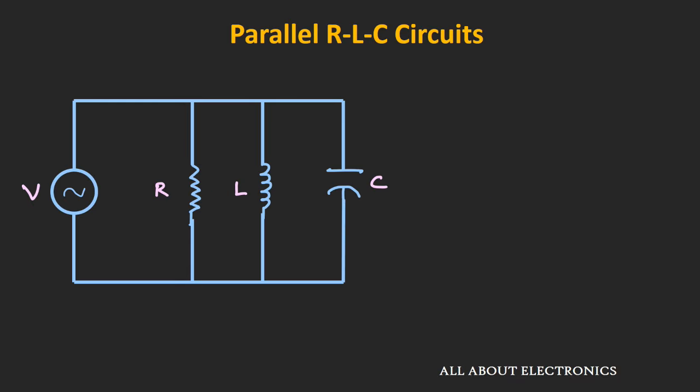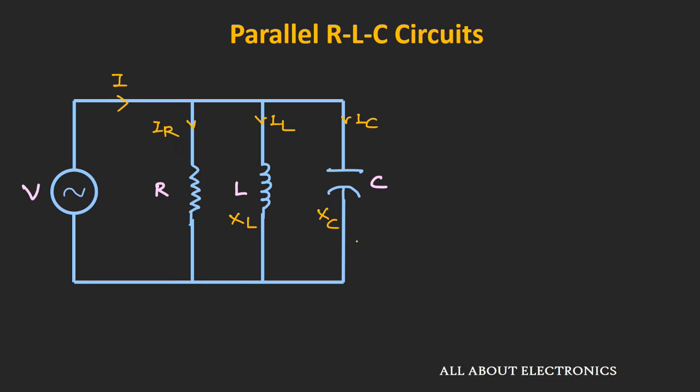So now let us say we have one circuit in which the resistor, capacitor and inductor are connected in a parallel combination, and in this circuit we have applied some AC voltage source with a variable frequency. So now let us say the current that is supplied by the circuit is I, and IR, IL and IC are the currents which are flowing through this resistor, inductor and a capacitor. And also let us assume that XL is the reactance of this inductor and XC is the reactance of this